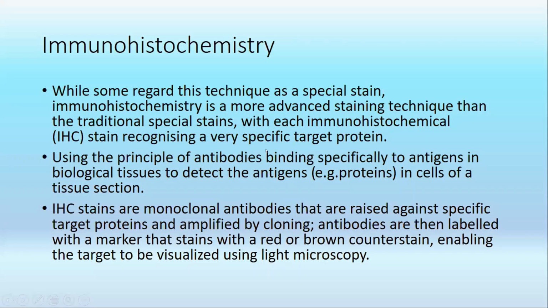Okay, again, the principle of immunohistostaining is different from the previous two. Let me recap. The H&E is acid base. Special stain basically is a chemical reaction. Immunohisto is more specific. Basically, the basic principle is the antigen antibody complex. You know, the antigen antibody complex is a very specific interaction, so it becomes more specific.